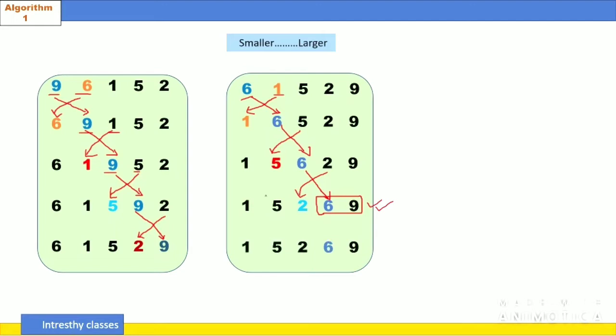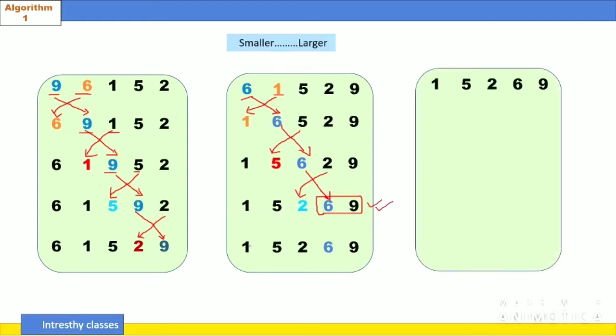See, there is no change. Okay. Now again we have to compare from the first, as it has been completed. Sorted 1, 5, 2, 6, 9. No, it is not sorted, as 5 comes here. Again we have to compare from the beginning, that is 1 and 5 will get compared.